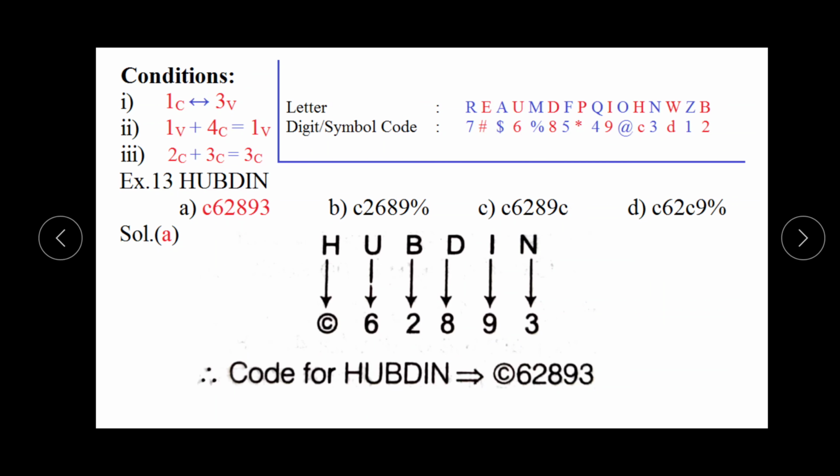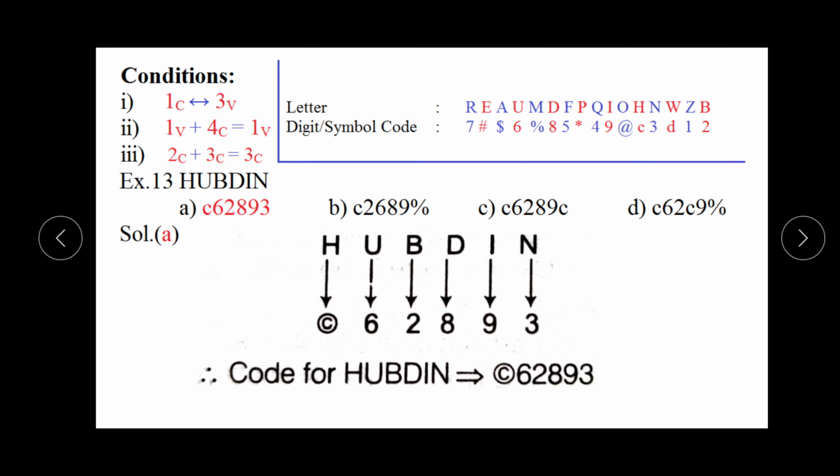In the second question, this is the word which is given and we have to find the coding for this word by applying these conditions. If we check, at the first position there is a consonant, yes. At the third there is a vowel? No, there is no vowel. It means the first condition will not apply. We will check the second condition. At the first there is a vowel? No, it is a consonant. It means the second condition will not apply. In the third, it is given that at the second there is a consonant, but here there is a vowel. It means no condition will apply.